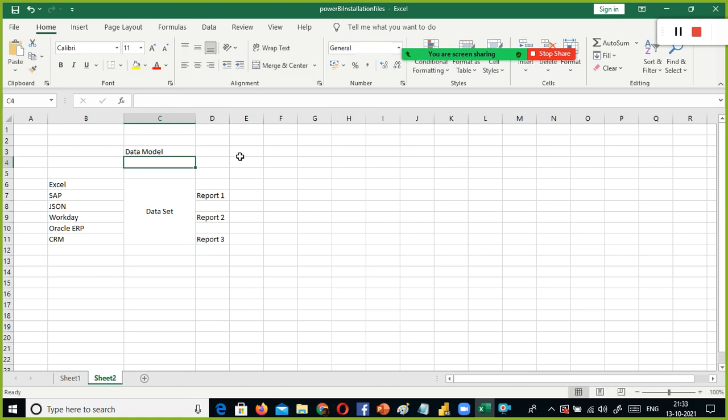Once you have the data model, for example, you have 10 tables. All these tables are related. We created a relationship amongst the tables. So in that case, once your tables are available with the data and columns, based on the requirement from different stakeholders, you can create different reports. Fine. So this is fine.